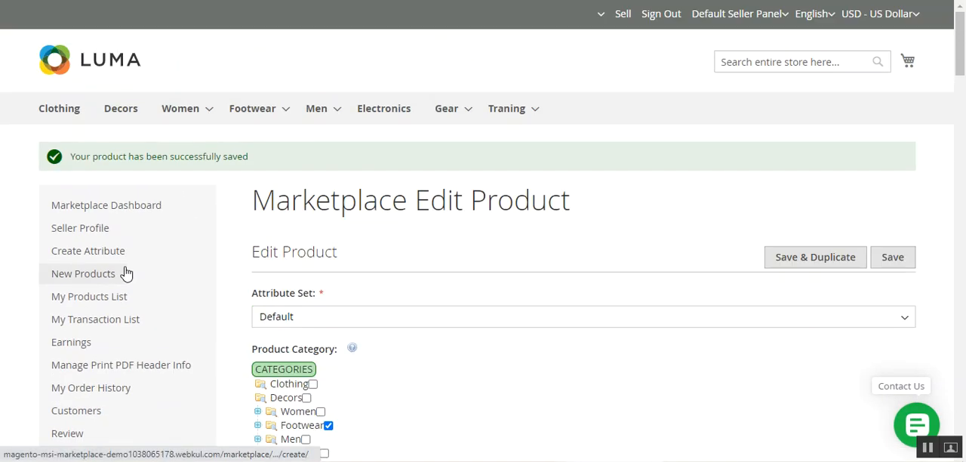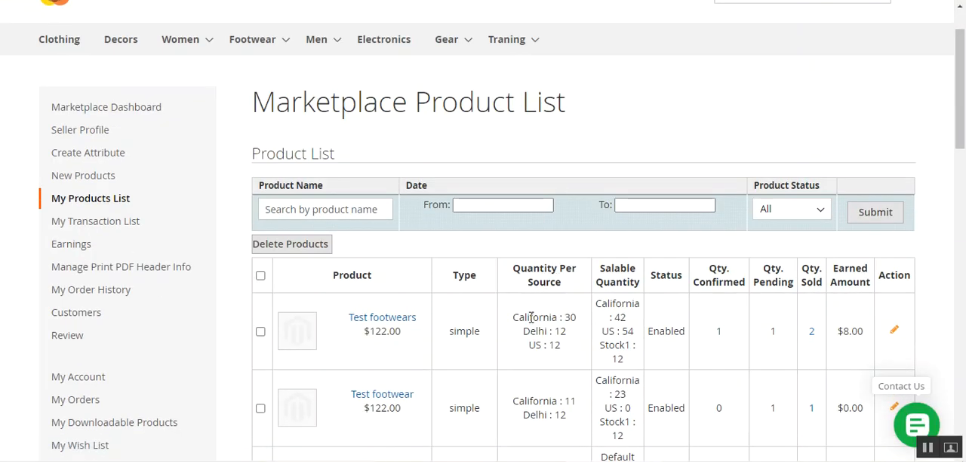Now if I go to my product list, let me show you that. Now the quantity per source for California is 30. So yes, that was about the plugin itself. That's the Magento 2 multi-vendor marketplace multi-source inventory plugin, and I hope it helped you understand the workflow of the same, and how the vendors can assign the sources while they're creating a product, and how they can enter the quantity for each of the sources, and the rest of the flow